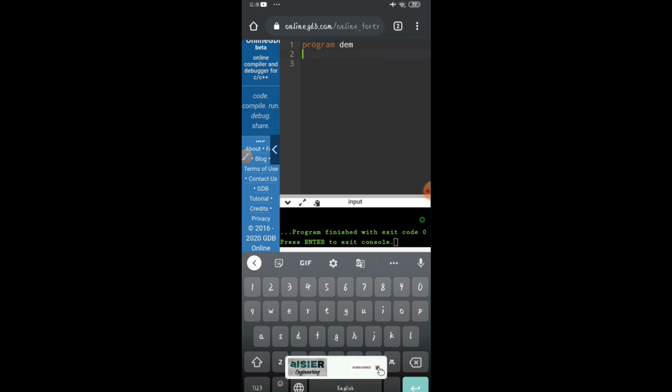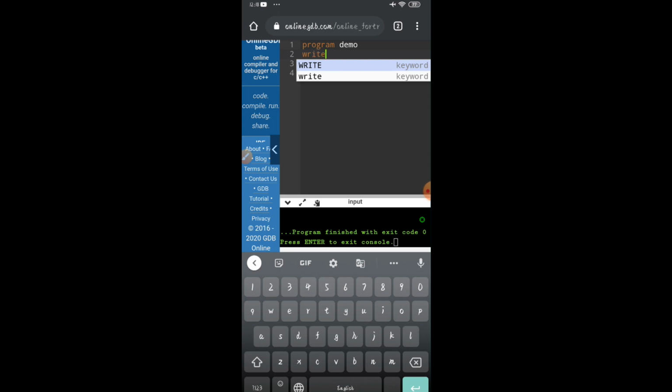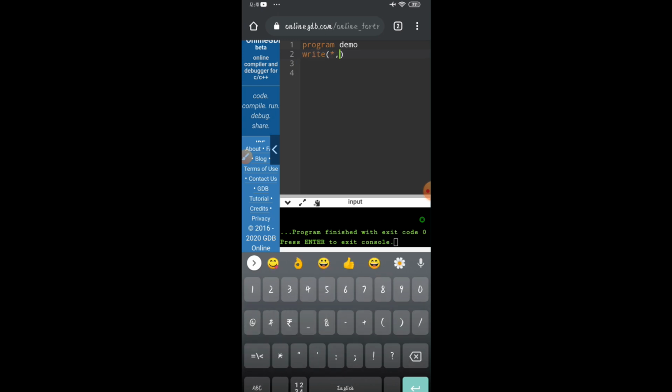Now you can see here, as soon as I click enter, the O of demo has been deleted, right? To fix this, I will click again here and write the O, and now see my cursor is immediately after this O. So we will give a space and then click enter. Every time, remember that at the end of a statement you have to first give a space and then enter.